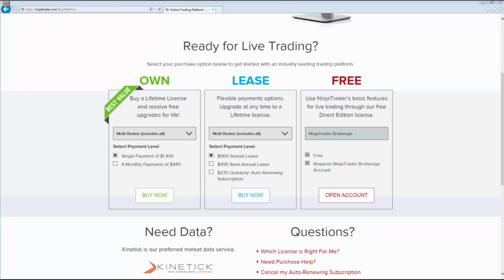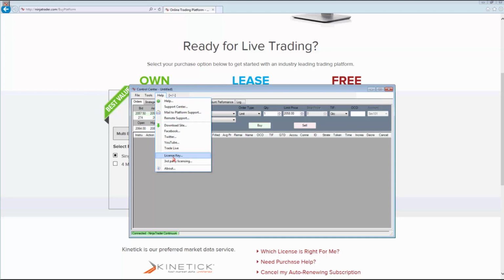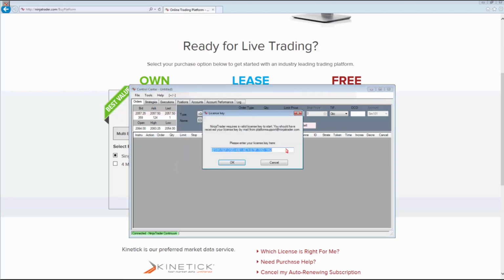And then once you go ahead and purchase your live license key when you're ready to trade live, and you have that live license key, that's going to be sent to you by email. And then what you'll do is, I'm going to pull up my NinjaTrader again because I'm going to show you just how easily you can switch out your license key. So if you go to Help in our Control Center, and then you scroll all the way down